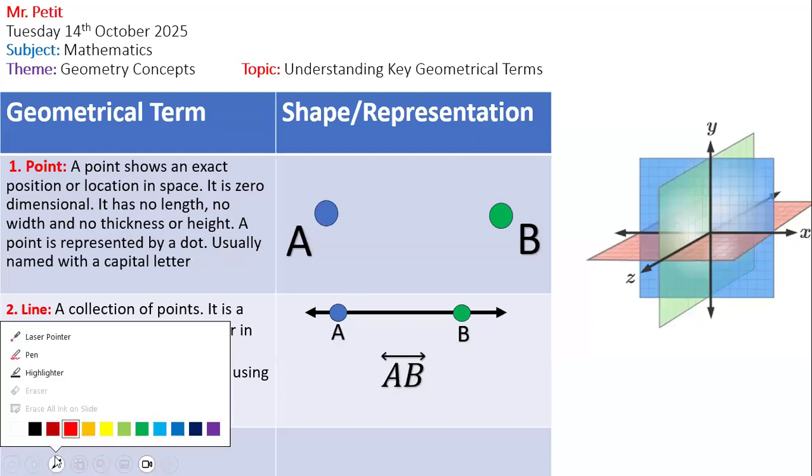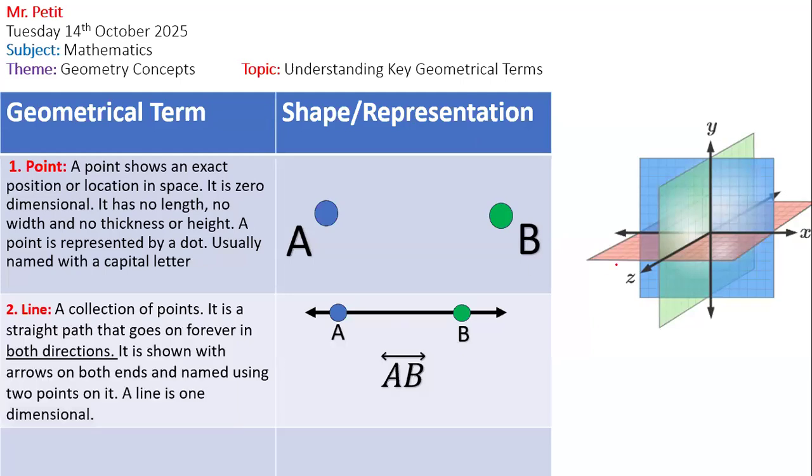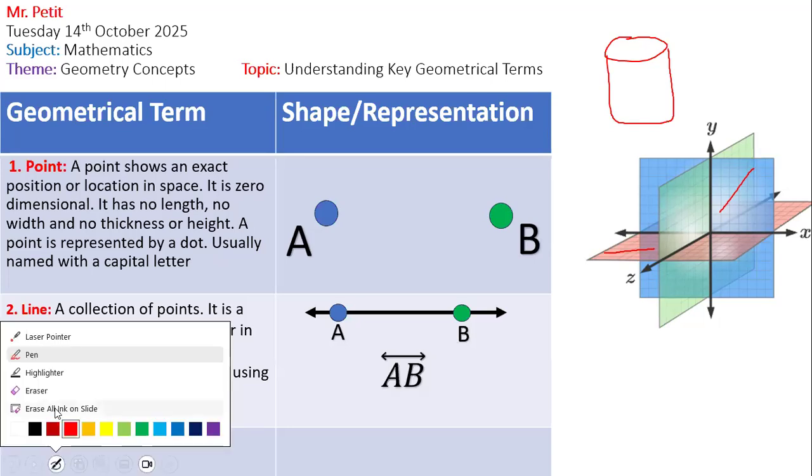So a line is flat. A line would be right here. It's just flat on this surface. That's a line. It's a flat representation, right? But if you have something that looks like this, that is not one-dimensional. This is a 3D shape, right? Even though we draw it flat, it's a 3D object, so it's not one-dimensional. But a line is one-dimensional. It stays in the same plane. It only goes from left to right in one flat plane, right?